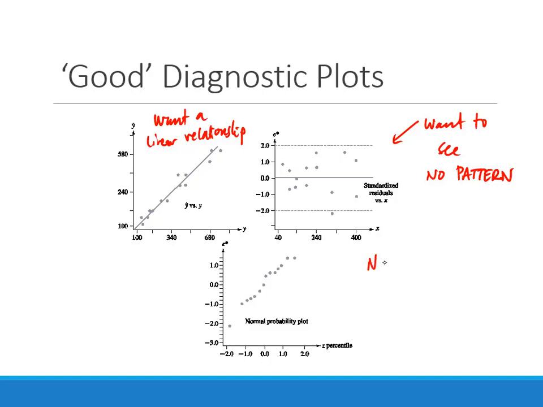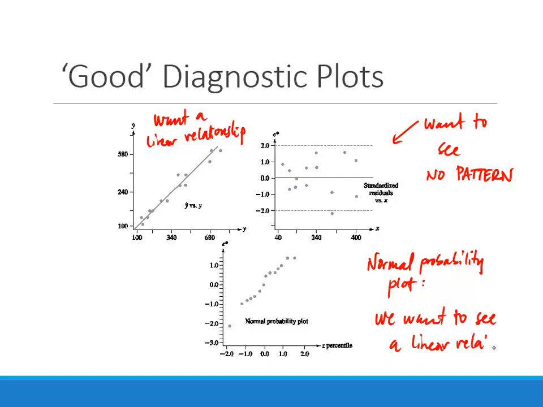So in the normal probability plot, again, we want to see a linear relationship. And again, it's not going to fall exactly on a line, but because this is in a very tightly clustered area along that line,